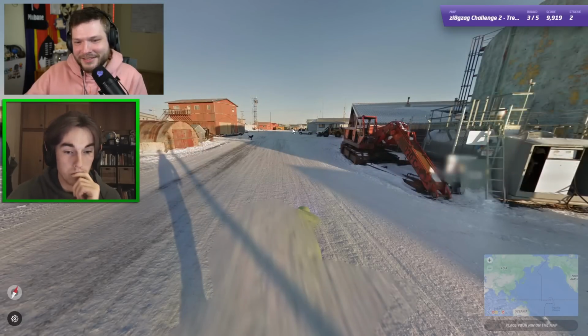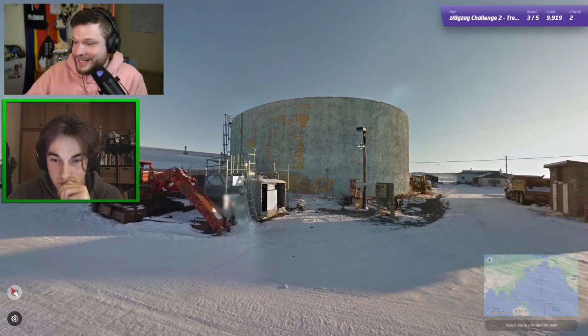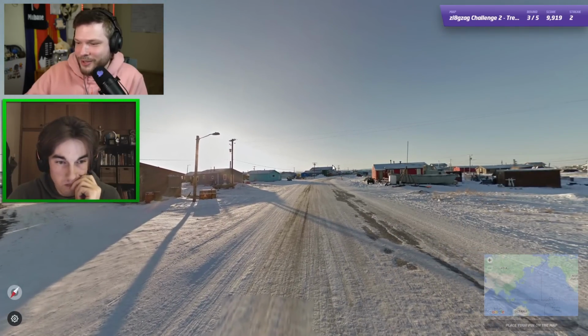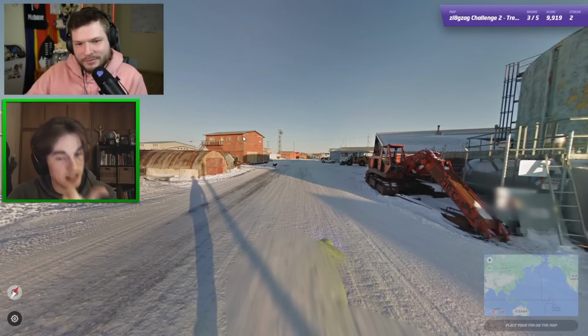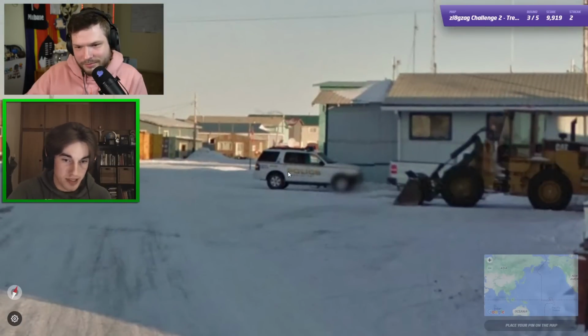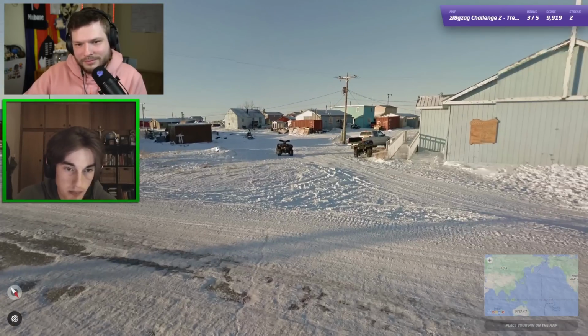Next one here. Ooh, interesting. Okay. So this city has a population of only 688 and is known for salmon and king crab harvests. Okay. Salmon, king crab. This car looks a bit North American. It says police in English as well, so kind of feeling good about Canada here, but...